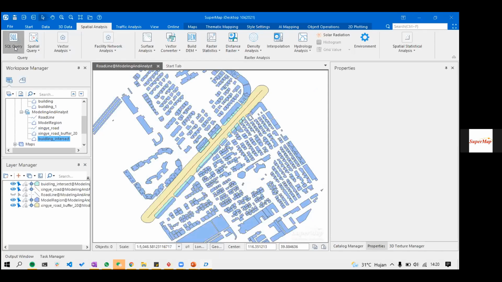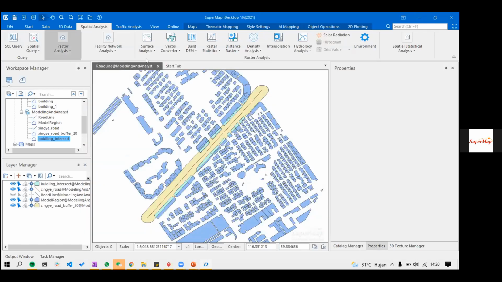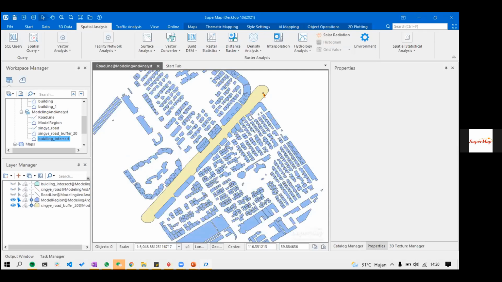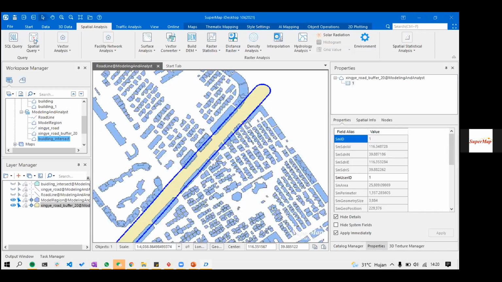If we select the SQL query, we need to define the condition here. But if we choose spatial query, it will be like this. We will turn off these three layers: building, the Shingi road, and the road line, and we will select this buffer result. Okay, if it is highlighted like this, it means it was successfully selected. You can go to spatial query,